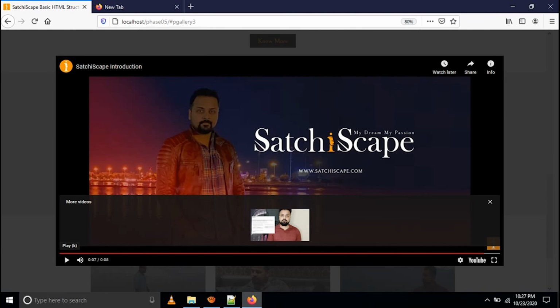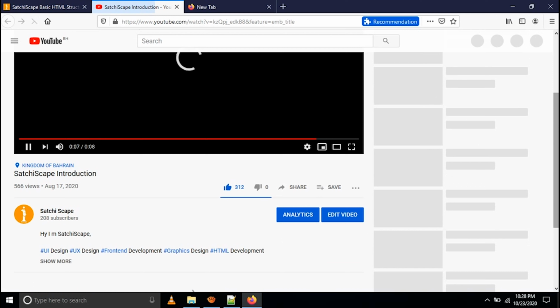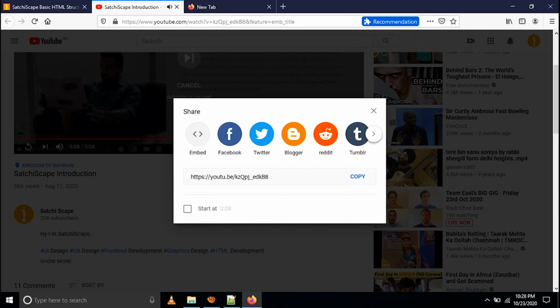You're going to open the ID and paste it here. I'll try to open this file in the YouTube website. Let's see if it will work. I'll show you, you can see the ID is there. At the top the ID is there, or else you can go down and click the share button. When you click the share button, you will see the ID. This is the ID.